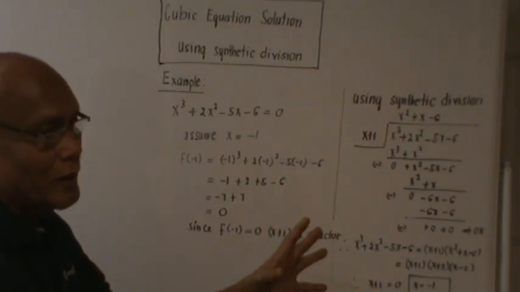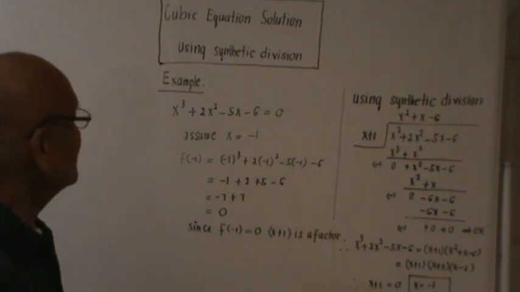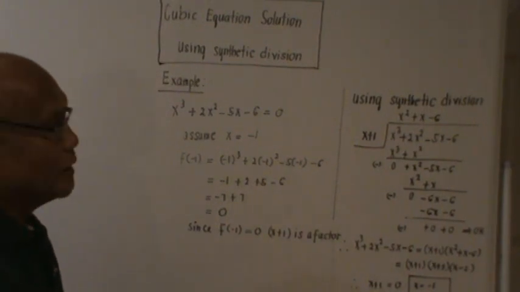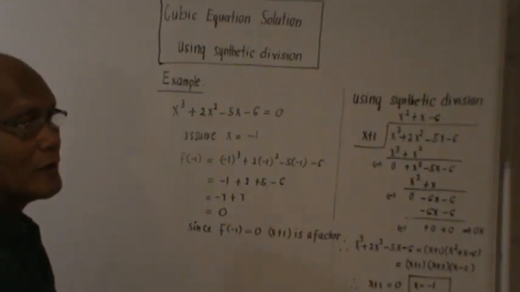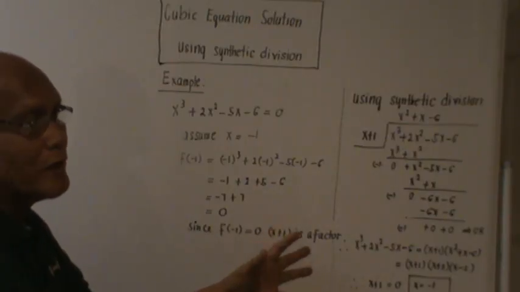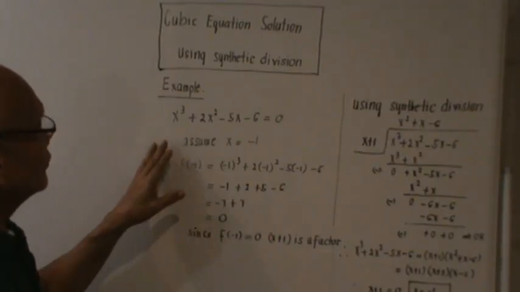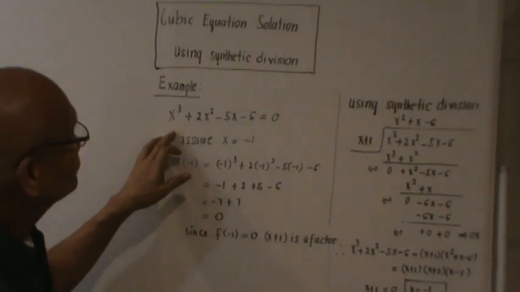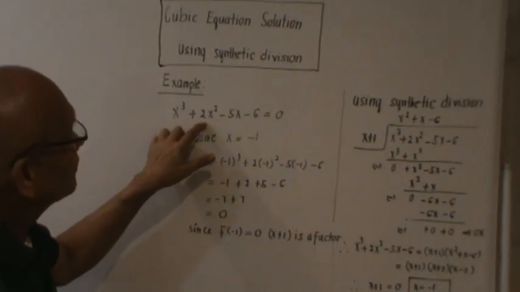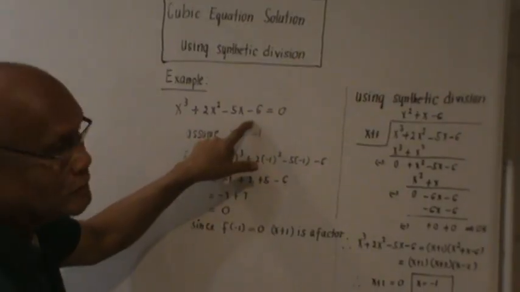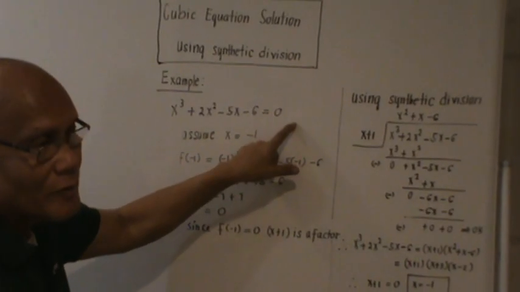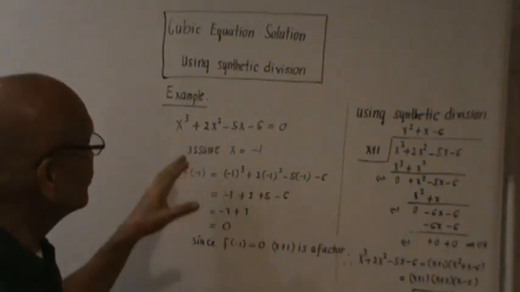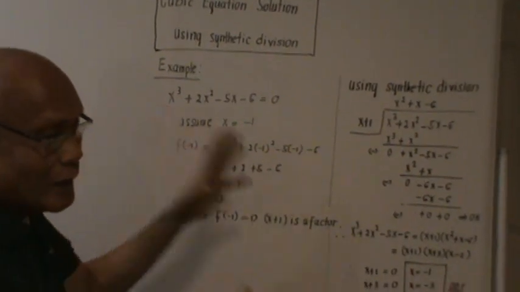So let's try to bring out an example problem using a synthetic division. Or I will try to give you an example problem, the given cubic equation. Okay, the unknown variable here is actually x. So we are given x cubed plus 2x squared minus 5x minus 6. This is equated to 0 because the problem is asking for the solution of this cubic equation without using a